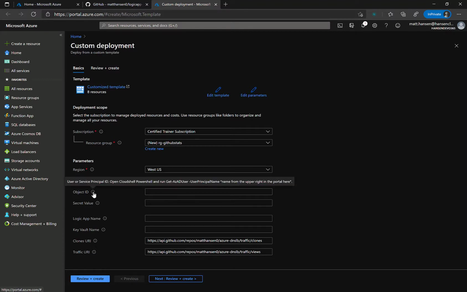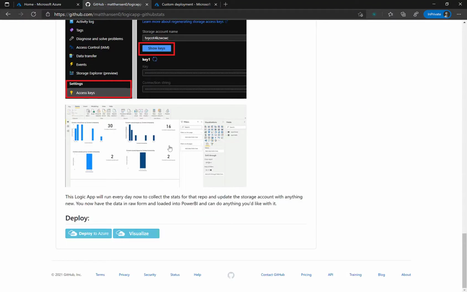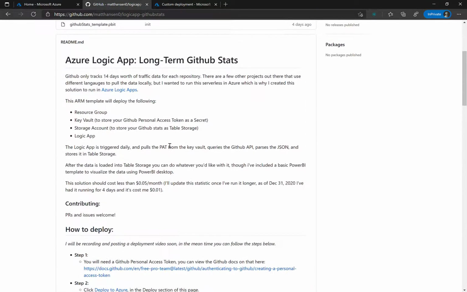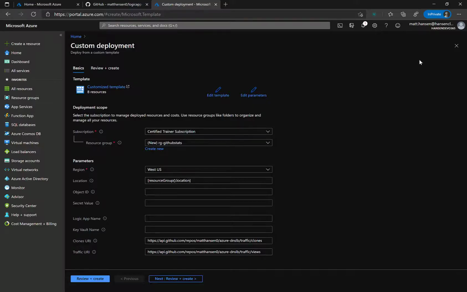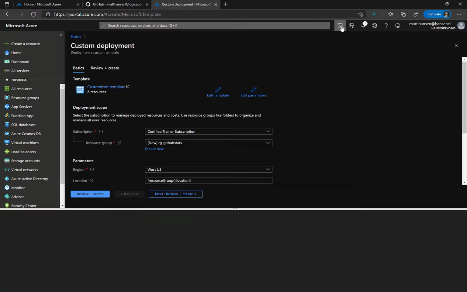Object ID. This is something that you'll have to grab while you're doing the deployment. This is the object ID of your Azure Active Directory user. On the GitHub README page, step number 3 includes a command to run in a PowerShell Cloud Shell. So I'm going to go back to the Azure portal, open up a Cloud Shell,